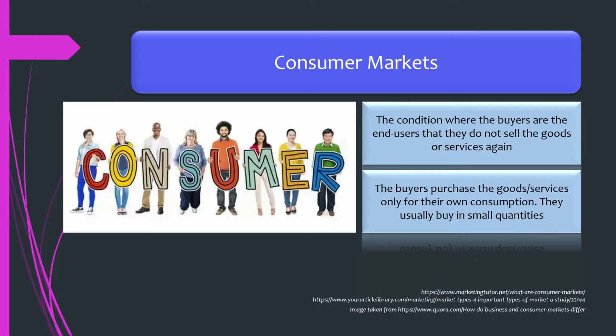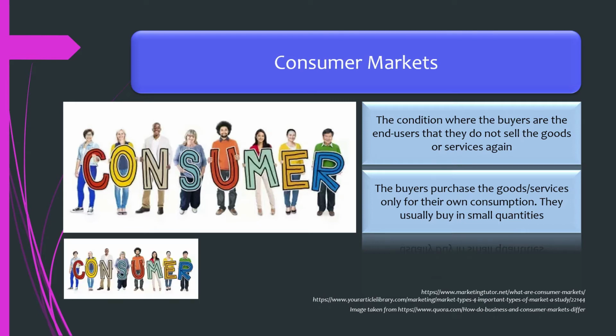So let's ask yourself, how many toothpastes, how many toothbrushes are you going to buy? Are you going to buy one full package or 1 dozen? Usually we just buy only one or two, maybe a maximum of three. We are not going to buy up to 1 dozen, unless you think you are going to sell it, or you are too lazy to go to the supermarket to buy the same thing again, so you buy many just for stock. Yeah, maybe.